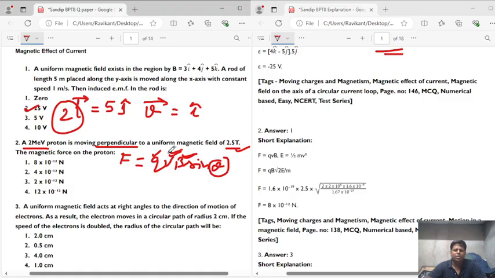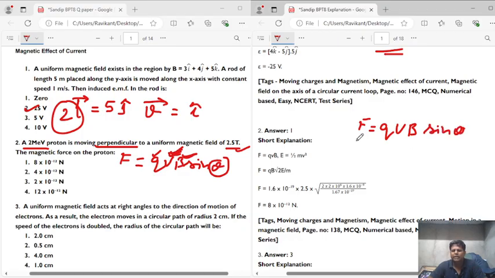But we do not have the value of v with us, but they have given us the kinetic energy. So the kinetic energy has the formula E = half mv square. So equating the 2 mega electron volt with half mv square, from here we calculate the value of v and put it into the formula, right? And then putting the values we get F = 8 x 10 to the power of minus 12 Newton, right? So this is a directly formula based question, where the formula we are using is F = qvB sin theta,